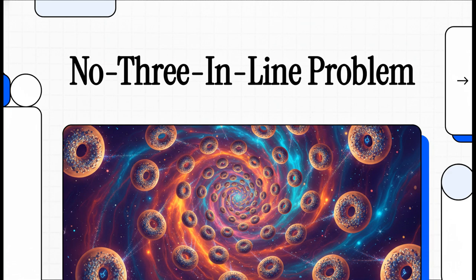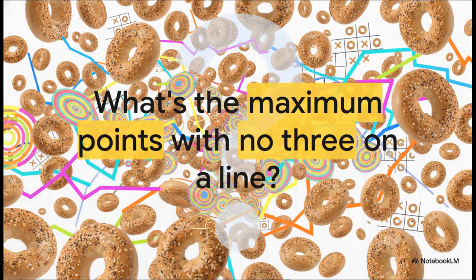We're diving into a mind-bending discrete geometry paper by mathematician Anubhav Gosal, perfectly titled A Note on the Extensible No 3-in-Line Problem. This paper takes a classic, century-old math puzzle and just stretches it to infinity, literally. So buckle up because we are about to explore a seriously fascinating blend of random probability, rigid geometric constraints, and the infinite void. Now, to really understand the infinite, we kind of have to start small, right?